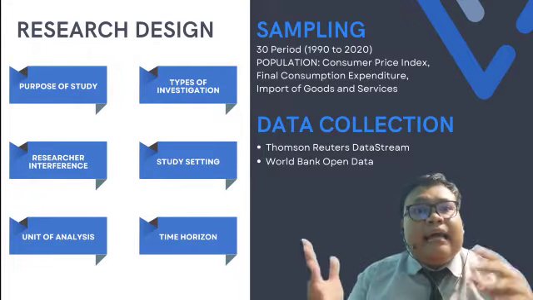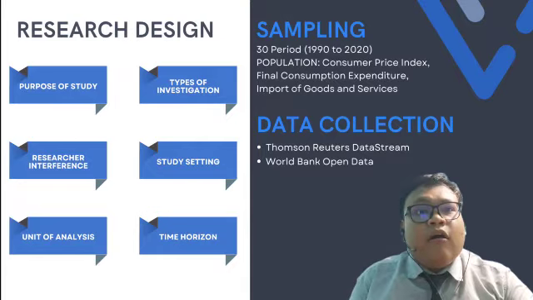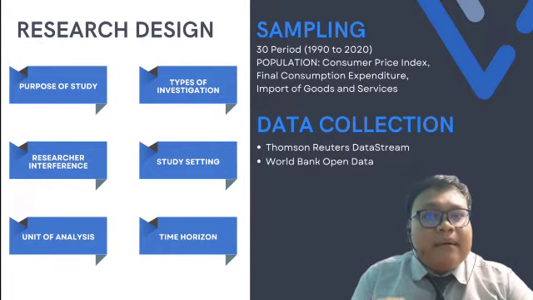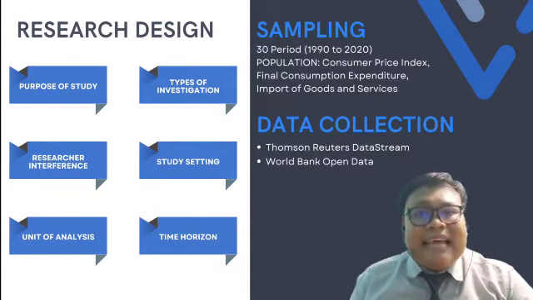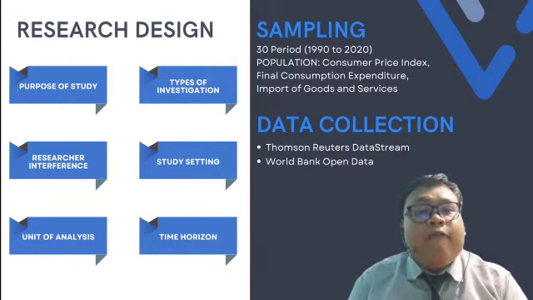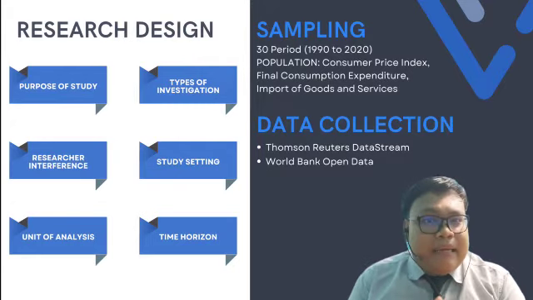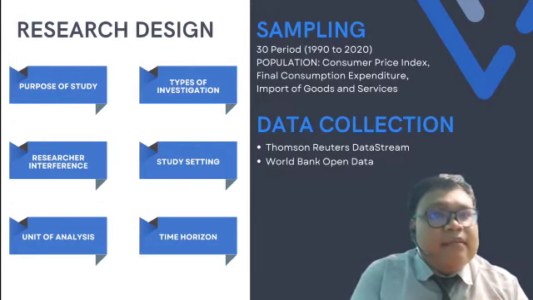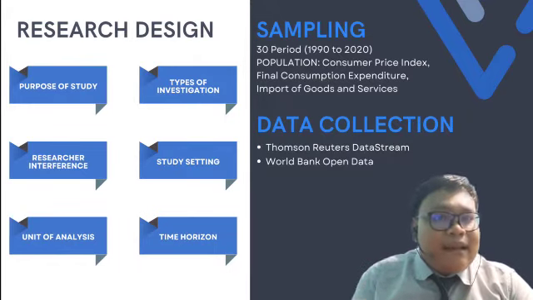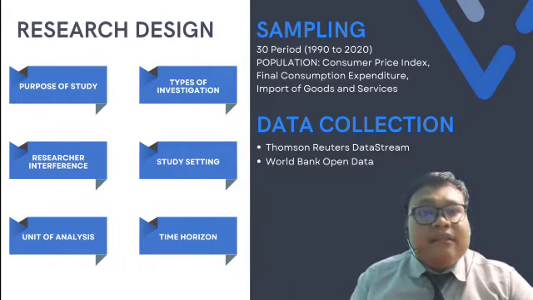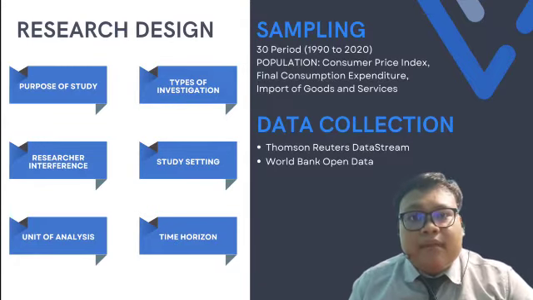The type of investigation in this study is correlational investigation. A correlational research design indicates the movement of at least 2 concepts or variables at the same time. The type of researcher interference is minimal interference. This study is based on the observation of previous data. There is minimal to no researcher interference in the study. This study is conducted in non-contrived settings, where it occurs naturally and in non-human-made surroundings.